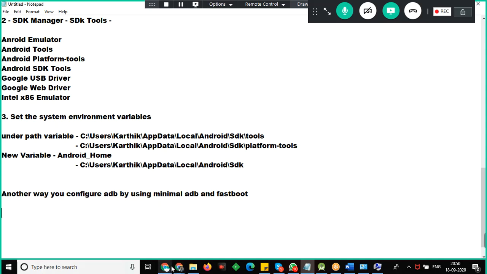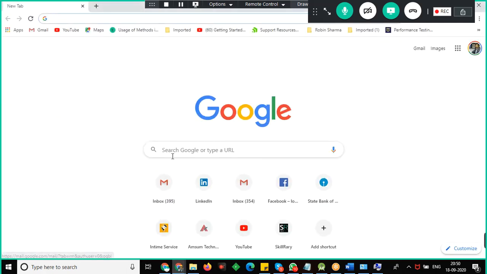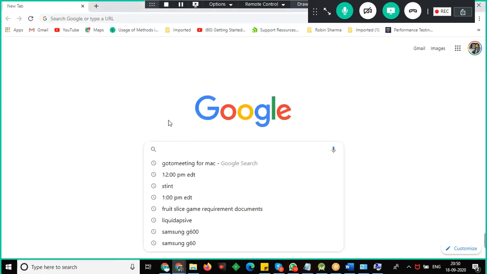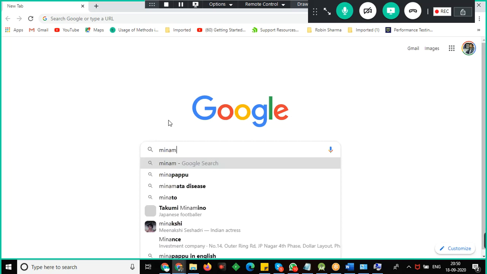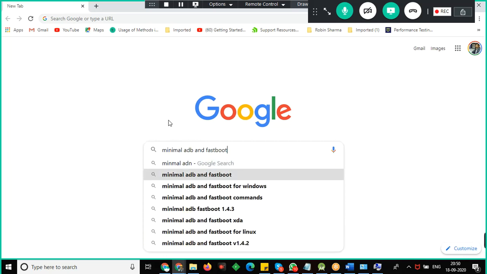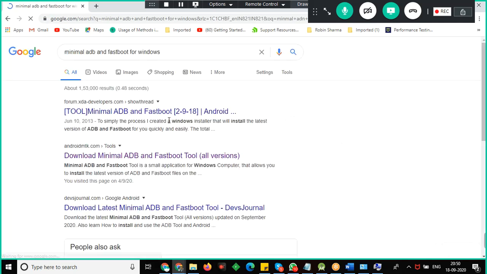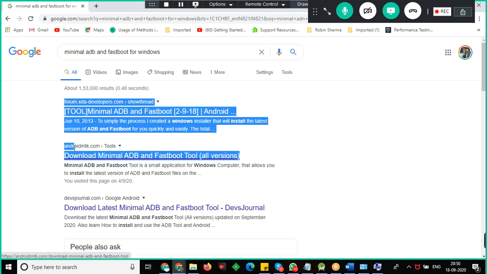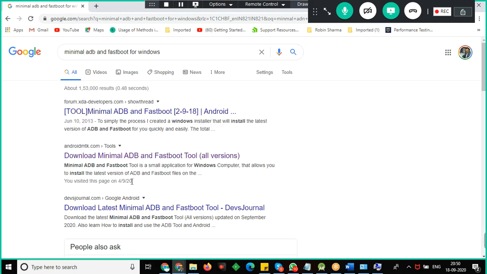Observe the steps carefully. You have to go to google.com and just type Minimal ADB and Fastboot for Windows. There you can see this particular .com.